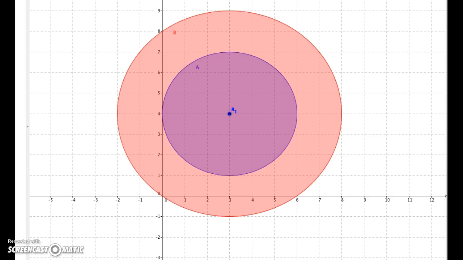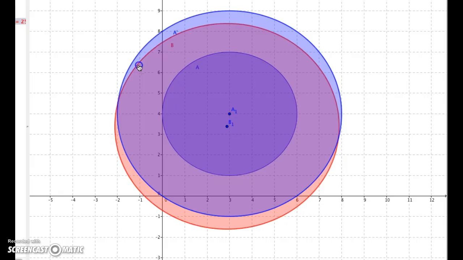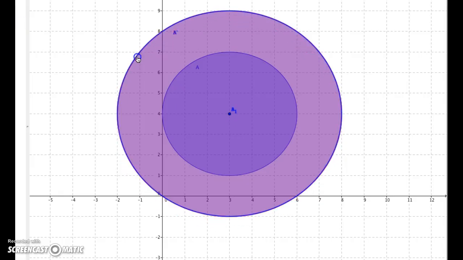So that's what I'm going to type in over here to dilate it. And here we go. And as you can see, we now have a new circle called A prime. See it right there? That it's also blue. That completely covered circle B. So our dilation factor of 5/3 made the circle grow to be the same size as circle B, the red